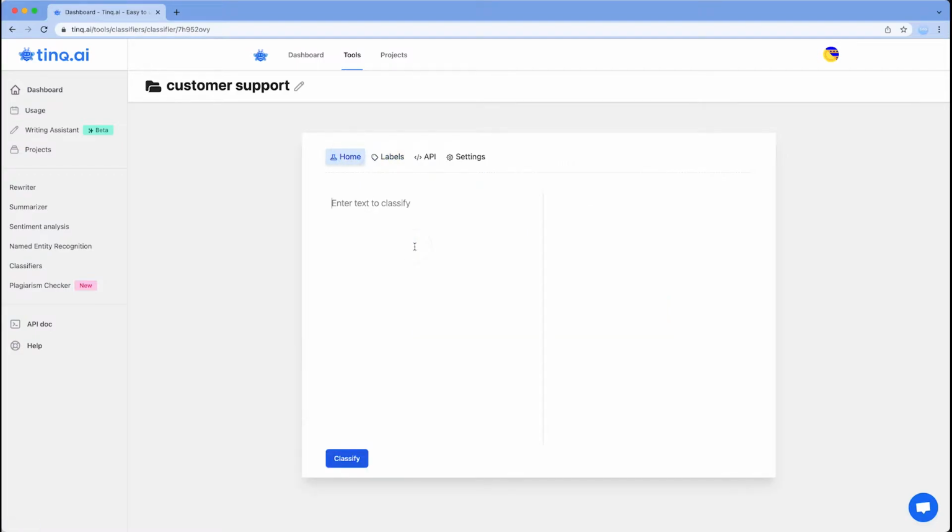So let's write something like, I need help with my website. And we'll see that it's labeled as technical support. Depending on the logic that you have in your organization or how you implement it in your workflow, it will be sent to the technical support team. So now that we tried a classifier, let's create a classifier based on a template that's